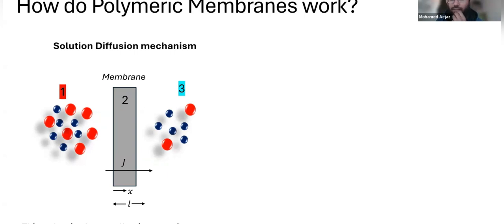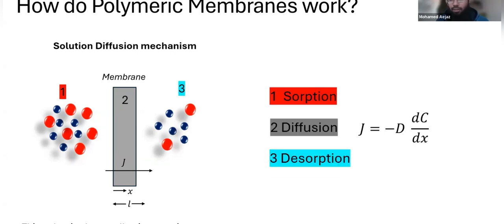So these are thin selective layers that allow certain gases to pass and certain to retain. So that's what the whole process is like. It's called solution diffusion. So you have a sorption, and then you have a diffusion, which is basic Fickian diffusion. This is Fick's first law diffusion equation, if you remember this. And then your diffusion is directly related to the concentration gradient, and the whole flux then depends on it. And then you have a desorption. So very simple, right? So 3 steps. You have sorption, diffusion, and then desorption.